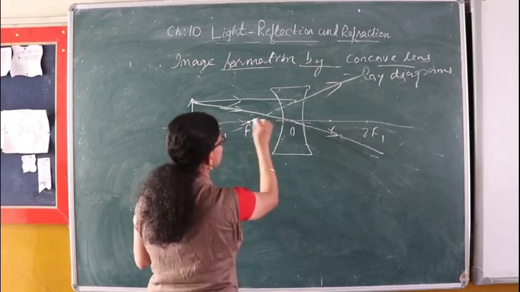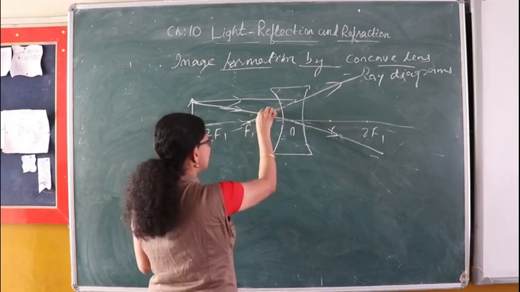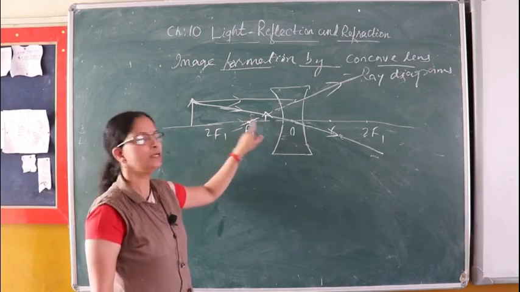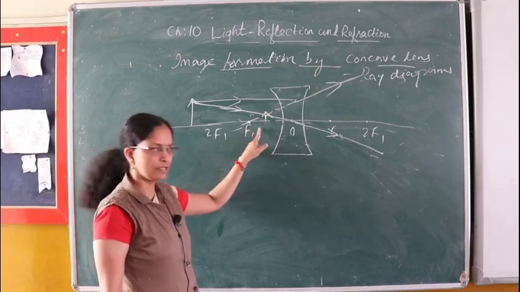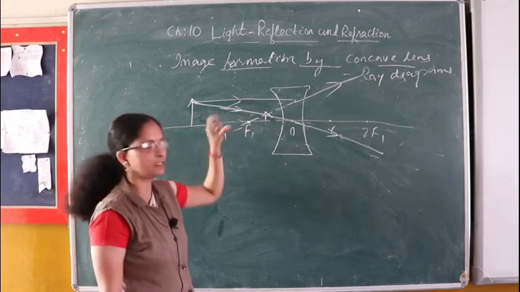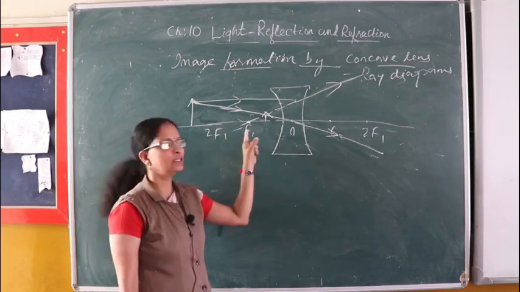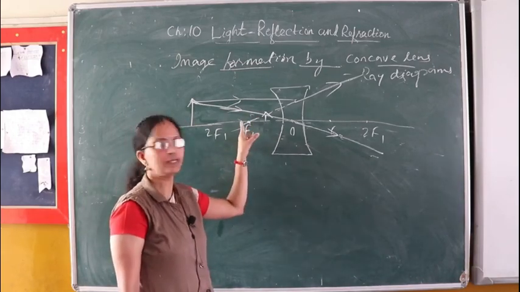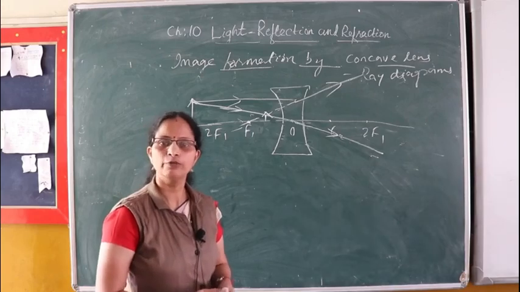So, you can see the image formed somewhere here, and the size of the image compared to the object is smaller, not point-sized here. A diminished image is formed, and an erect image is formed here. And since the image is formed not by actual meeting of the rays, this is known as a virtual image.